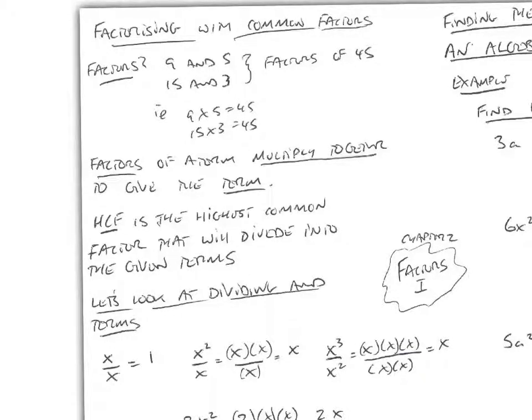Okay, it's chapter 2, factors. Let's look at factorizing with common factors. Well, what are factors? Okay, 9 and 5 are factors of 45, as are 15 and 3, as is 45